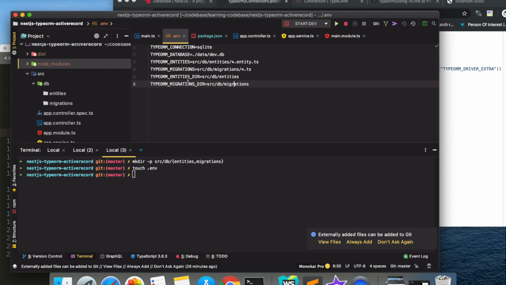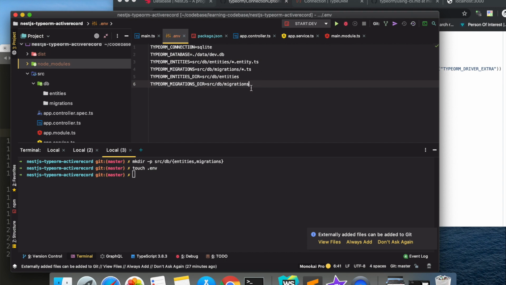And TYPEORM_ENTITIES and TYPEORM_MIGRATIONS would be used by your application to pick all the entities and add them to the database or configure them to use in TypeORM.